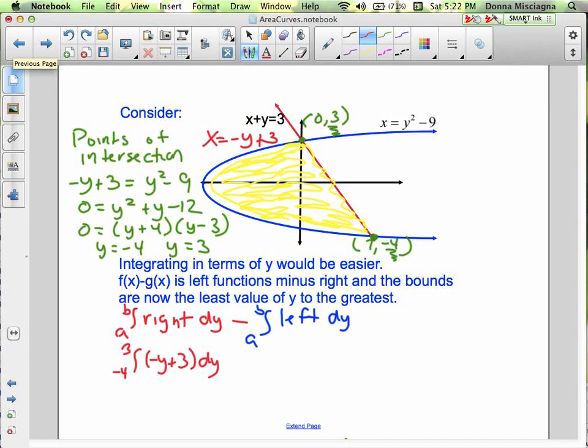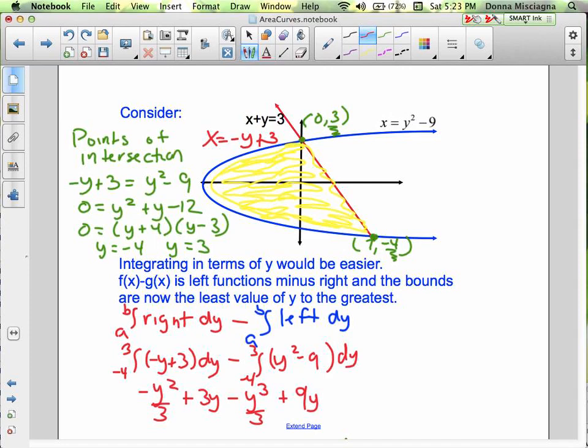And then minus y squared minus 9 dy. And this is a straight integration, no substitution here. So this would be -y squared divided by 2 plus 3y minus y cubed divided by 3. And then let's just distribute the negative. Minus a negative is going to make that a positive 9y. And I don't know that I combine the like terms, and that's from -4 to 3, but I really